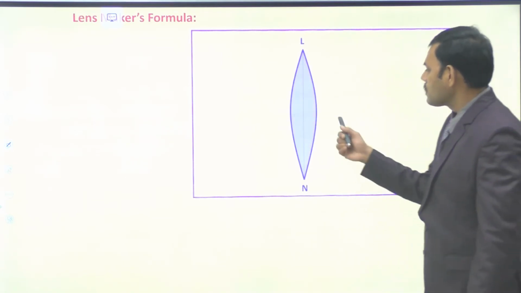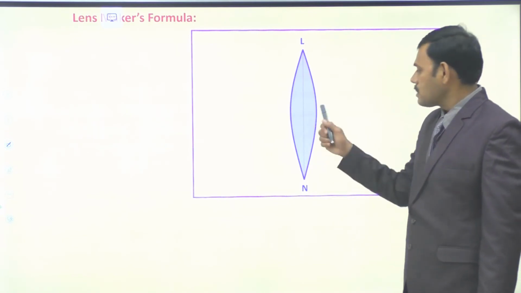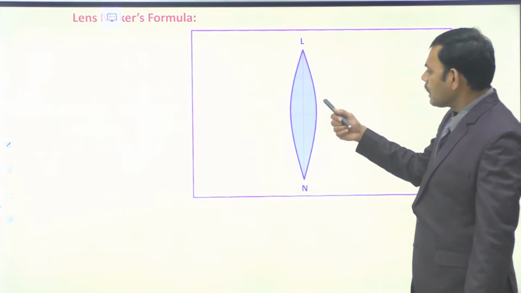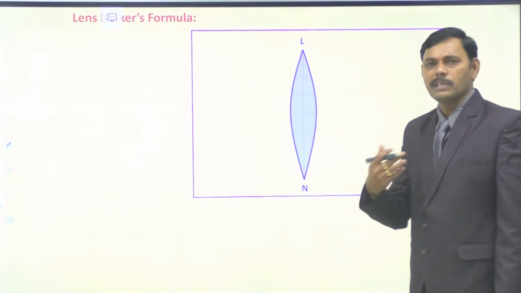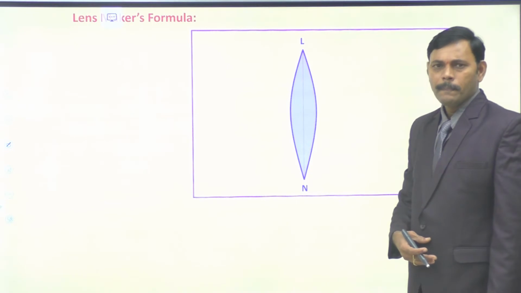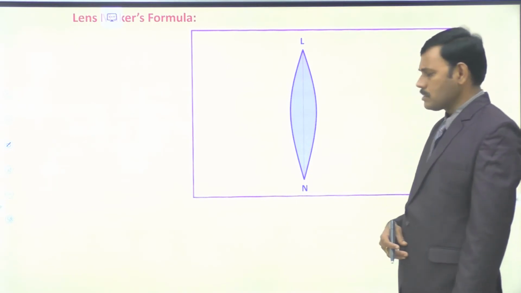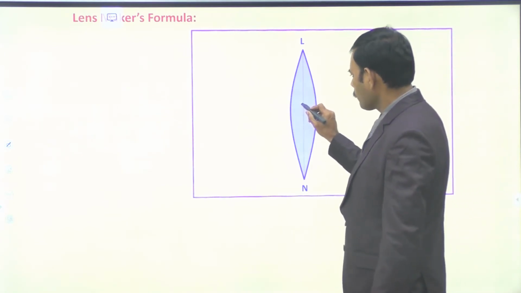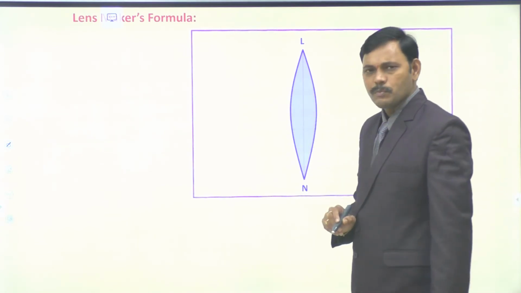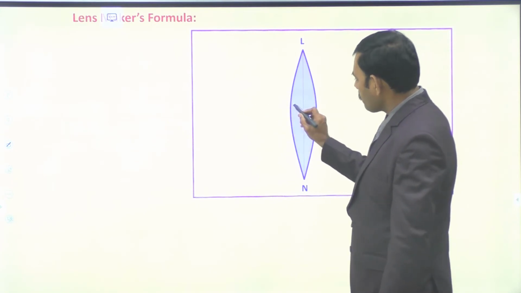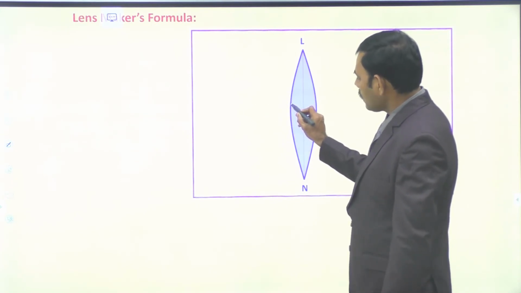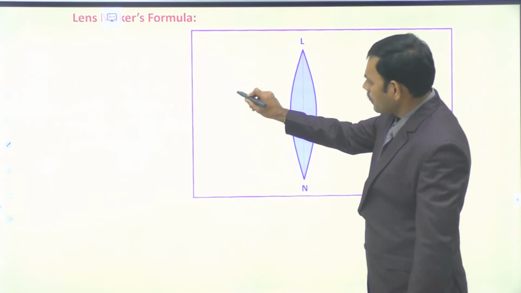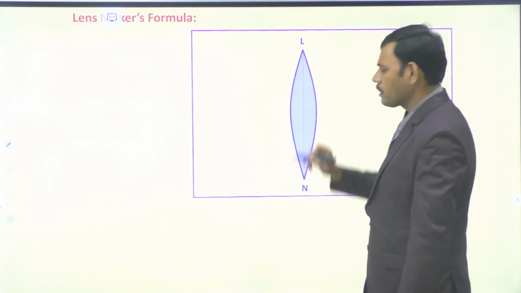Here especially we are considering a convex lens. A lens is a transmitting medium having at least one curved surface. Any transparent medium having at least one curved surface is a lens. Here we have a convex lens. Let this denser medium have refractive index mu2. Towards the rarer medium, it appears as a convex surface. This denser medium shape is convex towards the rarer medium, hence this is the convex refracting surface.